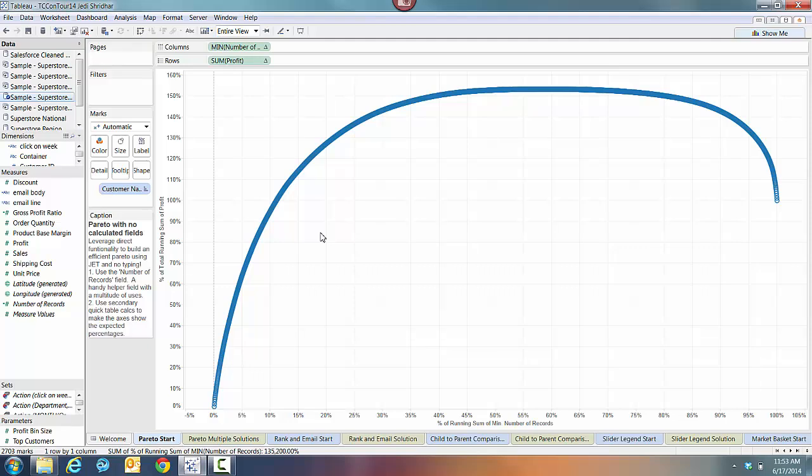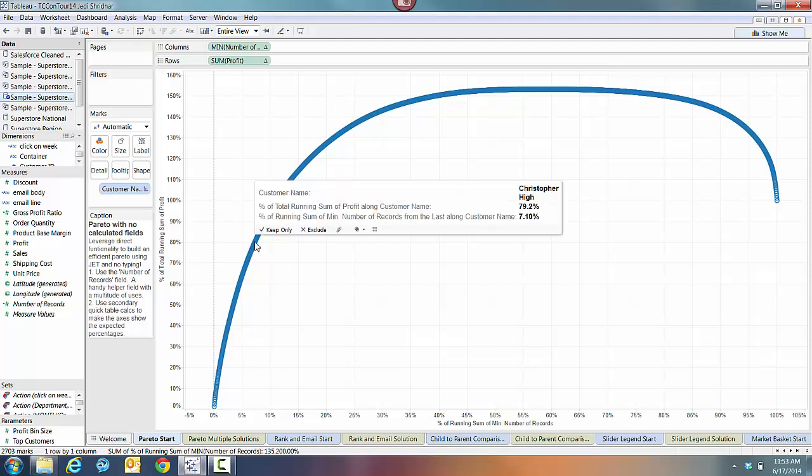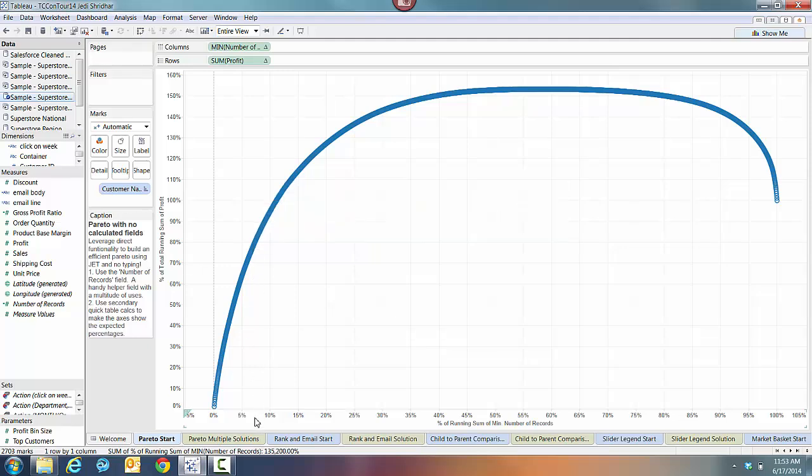Okay, so here's a really quick and fast way of building a Pareto chart with percentages on both the sides, right? So if I were to now look at 80% of my profit, I can see that it's actually just between 5 and 10% of my customers that would generate that 80% of the profit. But what if